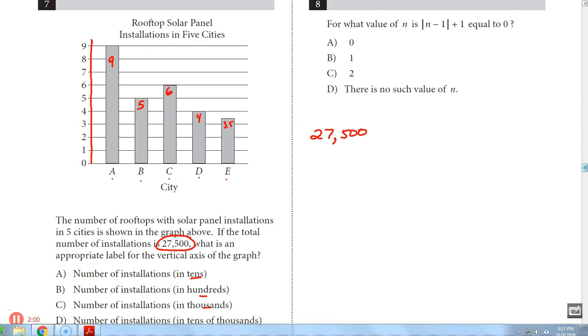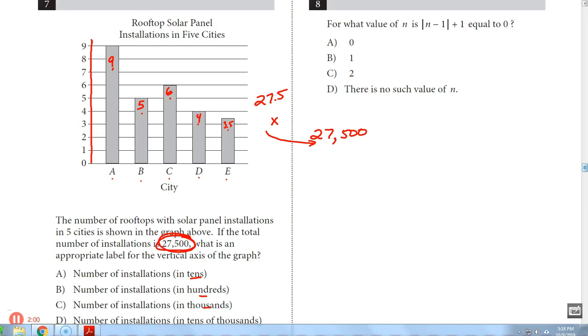When I add all those up, 9 plus 5 is 14, plus 6 is 20, 24, and that's 27.5. So looking at the graph, if they did not give me this clue right here, I would think there were 27.5 installations. But what do I need to multiply that by to get down here to